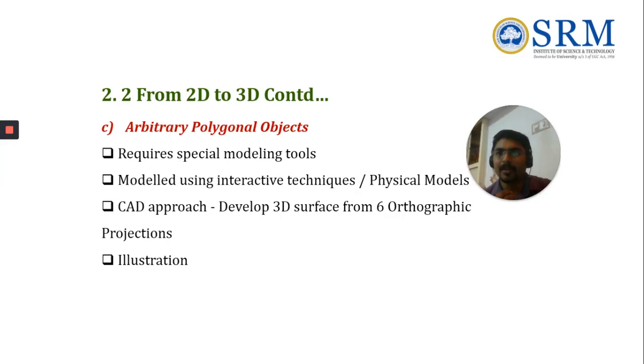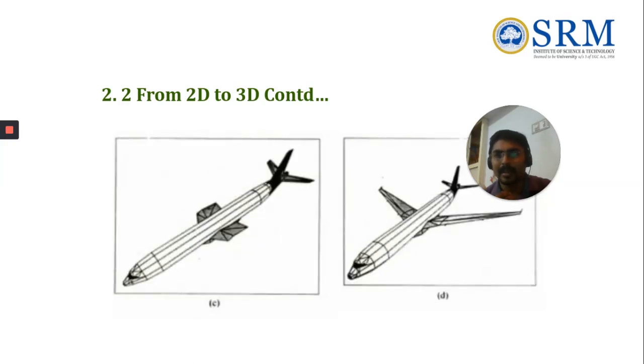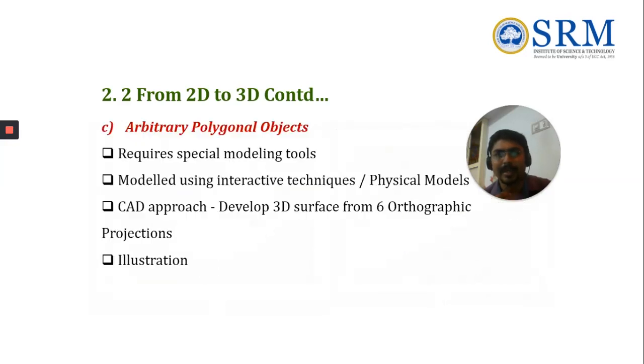Initially we have to draw the complete object, and from the complete object, if we want to add something, we can. Here in the example only the front face of the aircraft is there, and afterwards we extract the body. Here we don't have the wing, but we extract the wing from the example 3D model, and after that this is the top portion of the aircraft and this is the bottom portion. So this is the example of arbitrary polygonal objects.